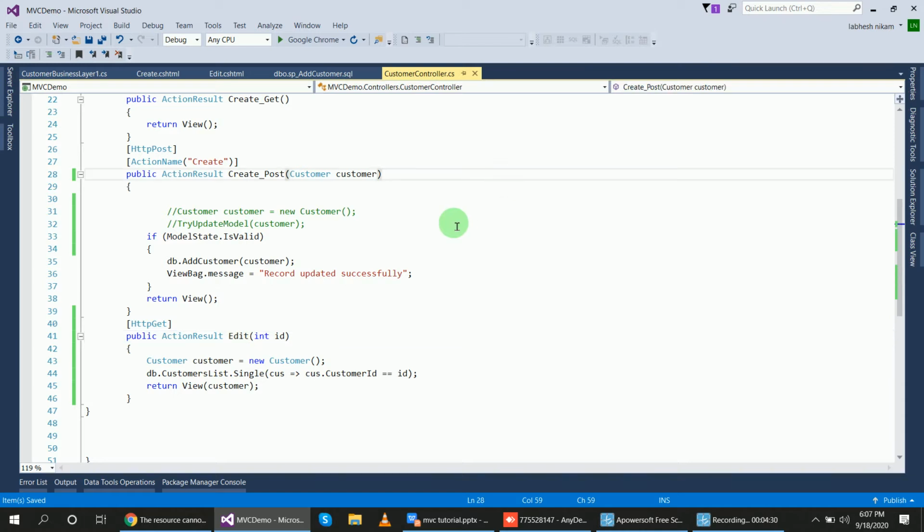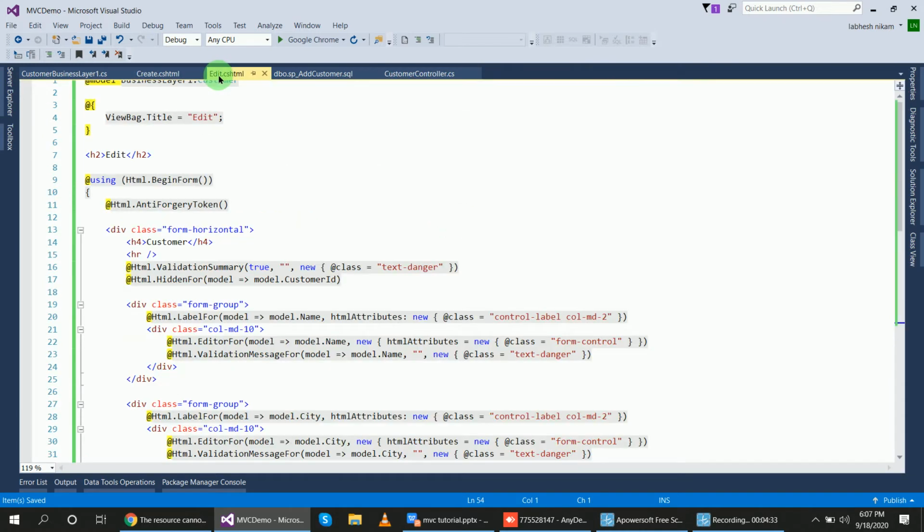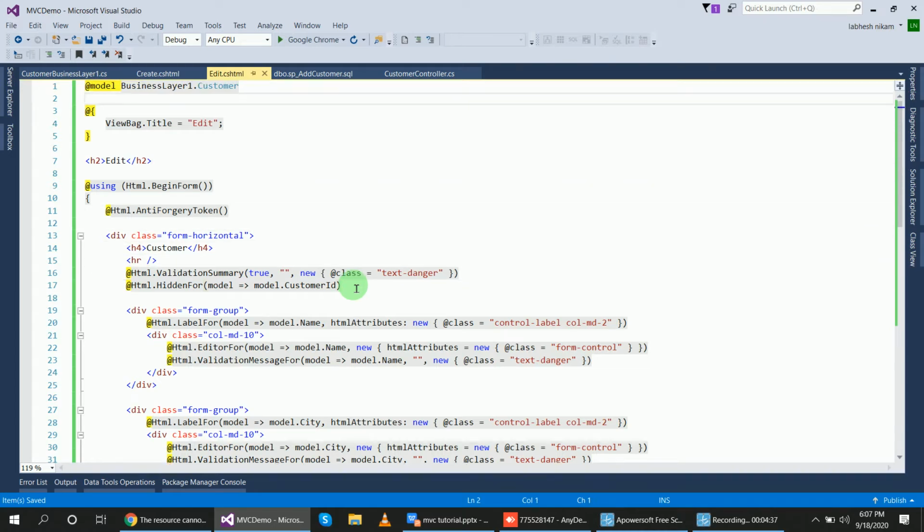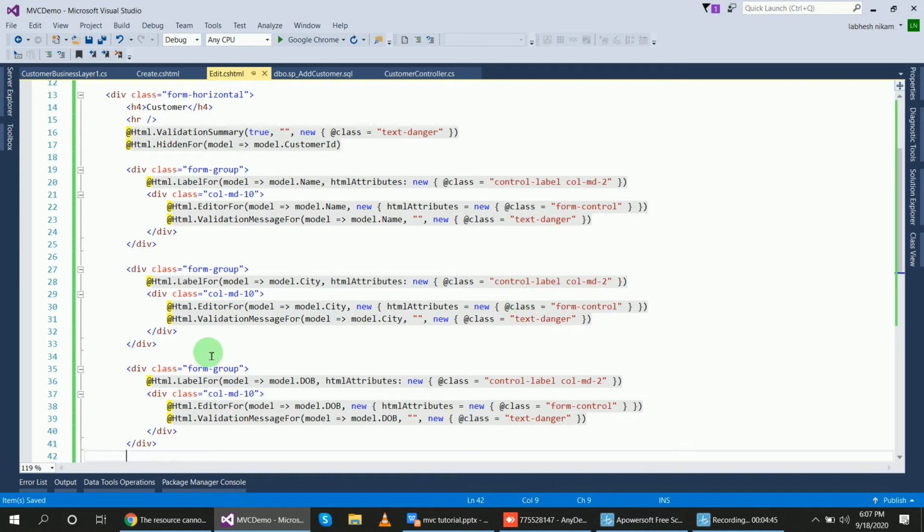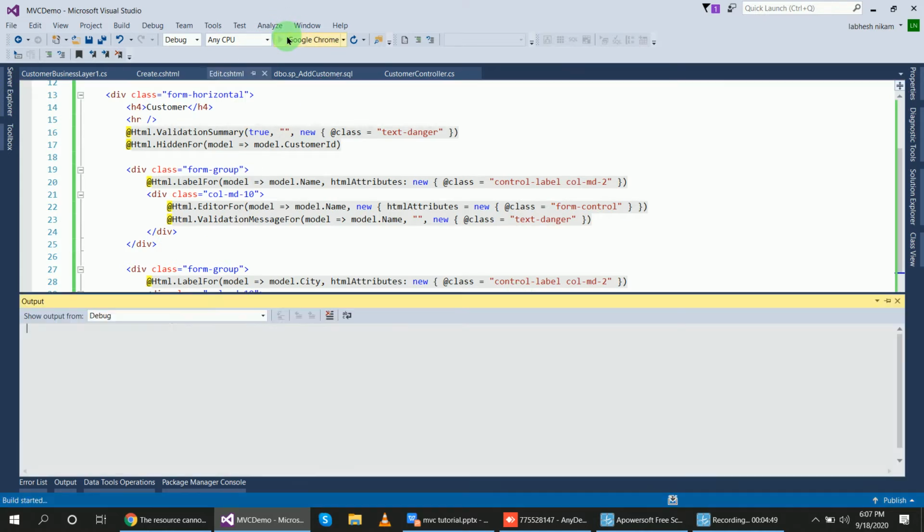My view is created, Edit.cshtml, and this is using @model BusinessLayer1.Customer. Inside of this for city there is EditorFor. Let's run this program and see what is generated here.